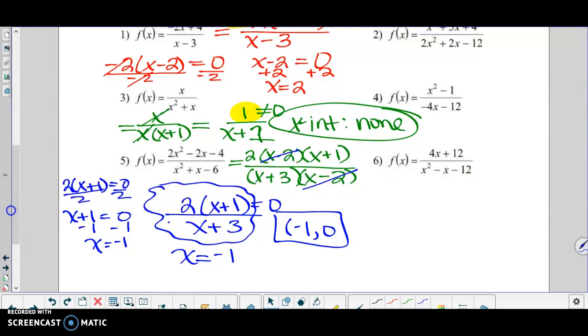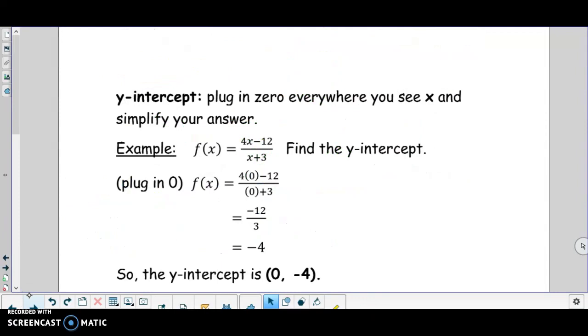Flip to the next side. Y-intercept is kind of similar. These are two of the easiest ones to find. So x-intercept we did what? Set what? Numerator equal to 0 after I had a what? If I have a hole, okay? Now, the y-intercept we just talked about before is going to be 0 comma something. It switches, right? To find this, and what you're going to have to remember